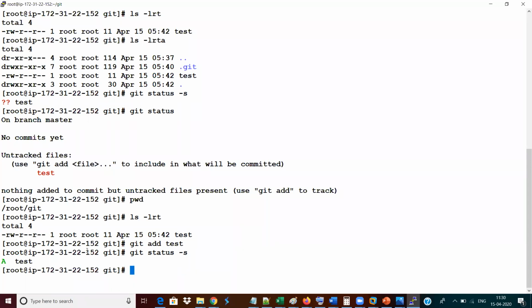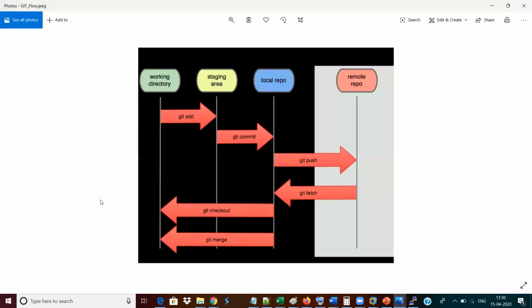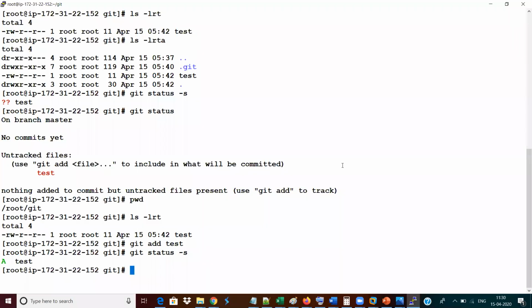I think we are done with our .git folder kind of activities. So your first step in the cycle has been completed. Next we need to issue git commit, and then we need to issue git push. But when you issue git commit, a log will be created, I told you, right? After a git commit, a log will be getting created.